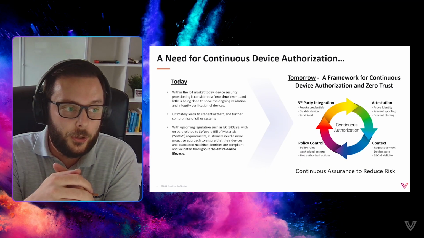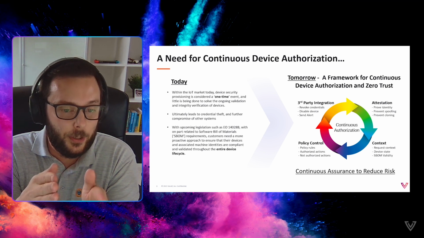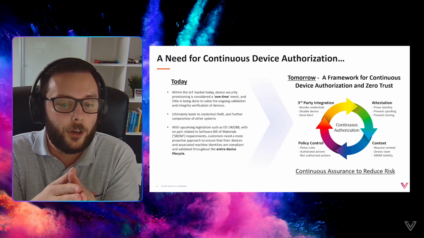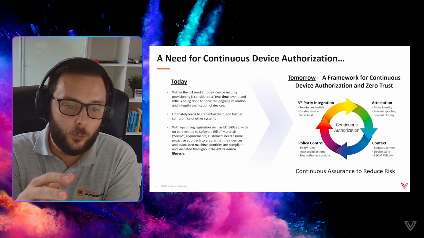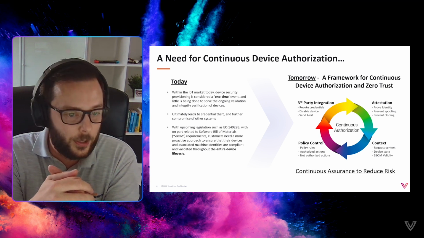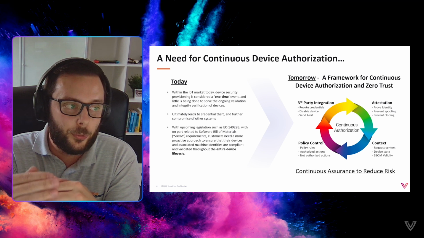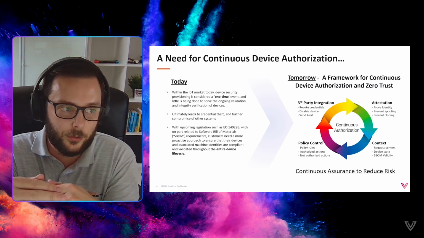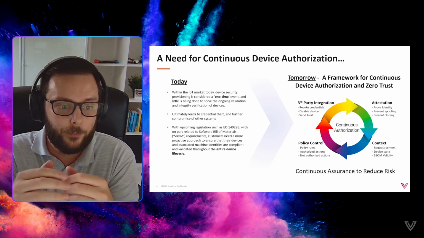But it's not only about looking at the device identity itself, it's also about tying that machine identity to the physical device. When you do that, you can prevent identity spoofing and detect device cloning, because you're binding the presented identity to the physical manifestation of the device that it represents.